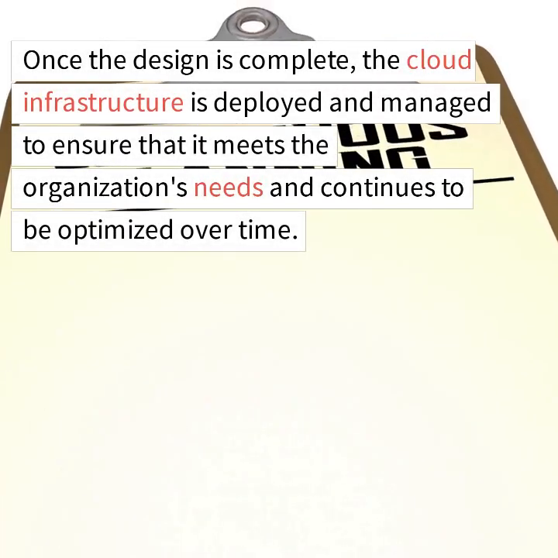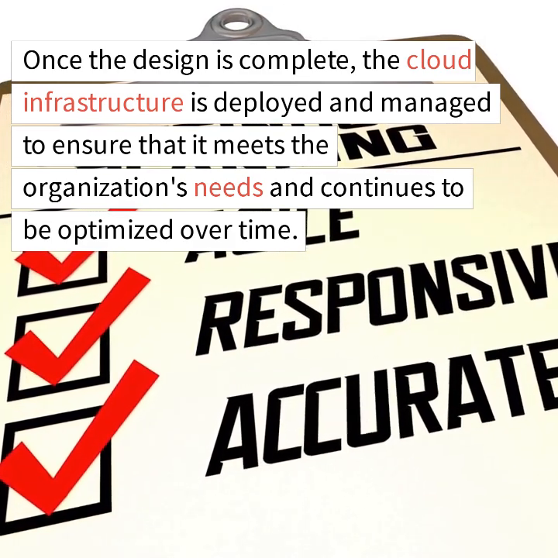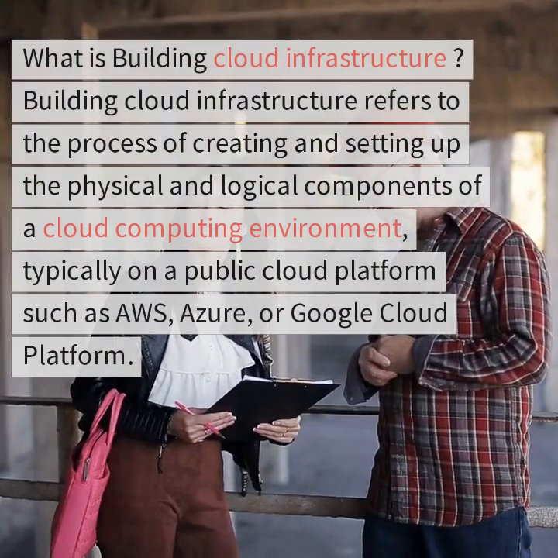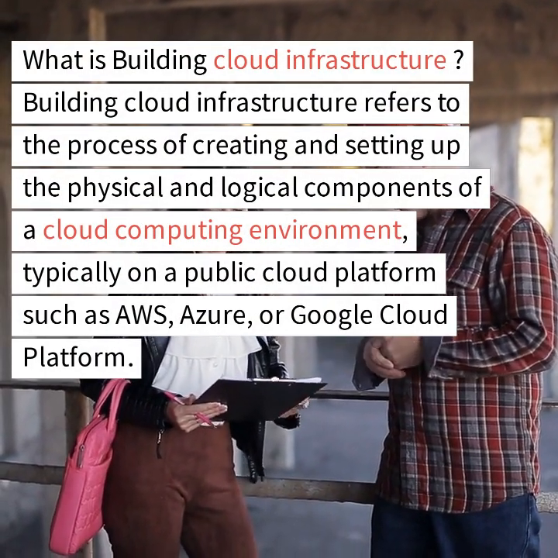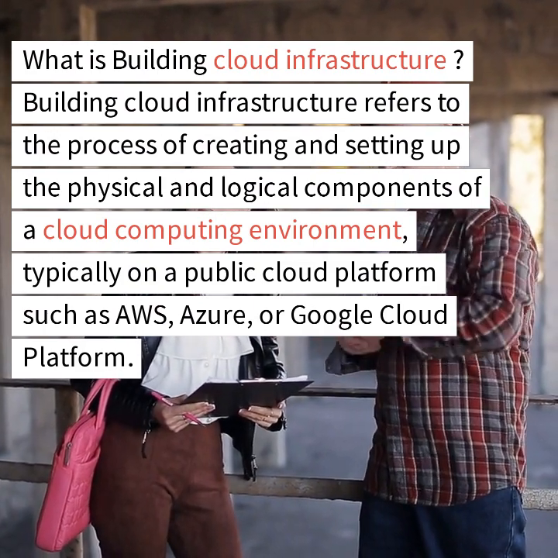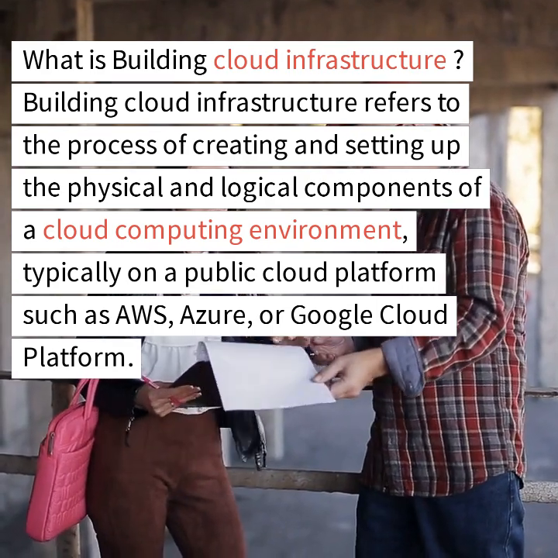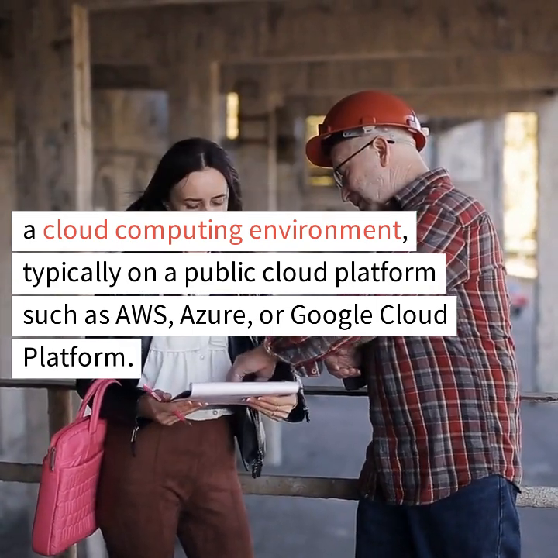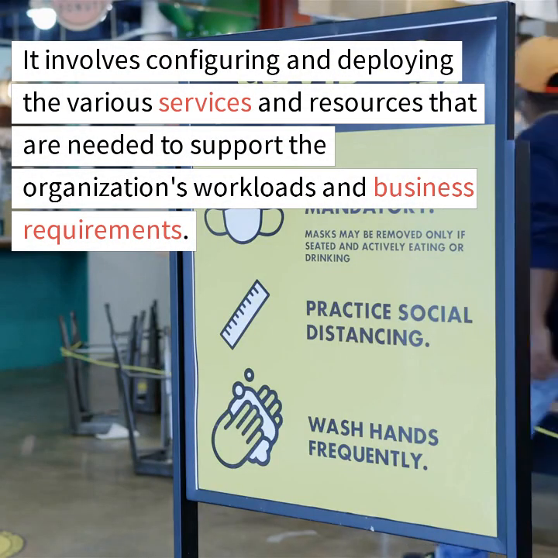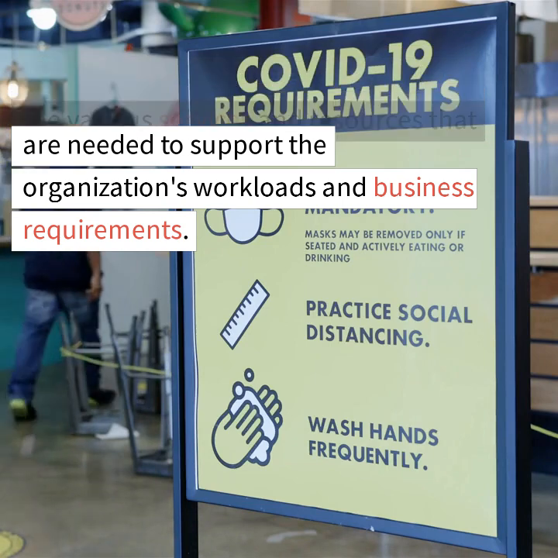Once the design is complete, the cloud infrastructure is deployed and managed to ensure that it meets the organization's needs and continues to be optimized over time. What is building cloud infrastructure? Building cloud infrastructure refers to the process of creating and setting up the physical and logical components of a cloud computing environment, typically on a public cloud platform such as AWS, Azure, or Google Cloud Platform. It involves configuring and deploying the various services and resources that are needed to support the organization's workloads and business